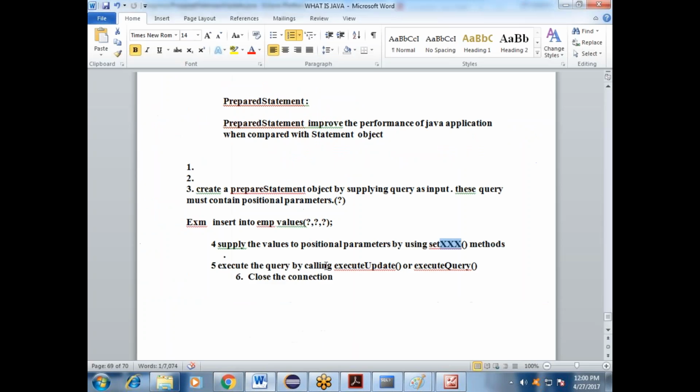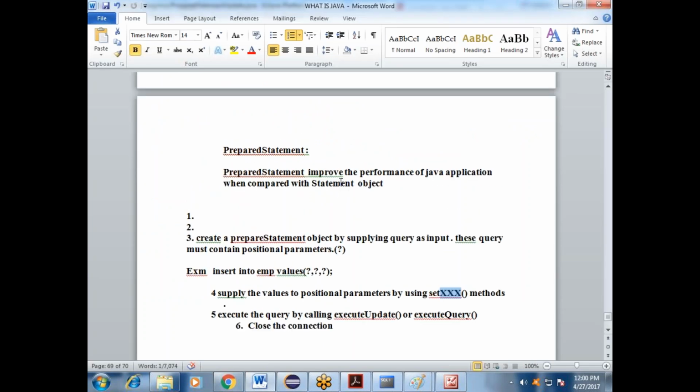Already discussed: prepare statement improves the performance of the application when compared with the statement object, and it also does the CUD operations, create, update and delete. The advantage is that performance is faster compared to the statement, and in real time people also prefer this one.